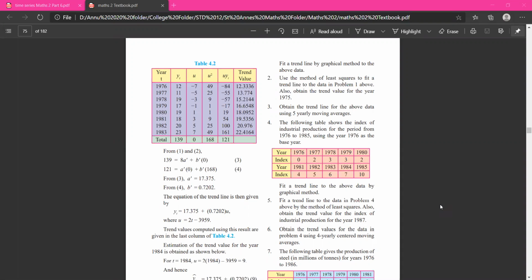I hope you have gone through the previous videos wherein I finished with the two different types of methods of estimation of trends in a time series. To give you a quick brush up, we have finished with the graphical method and with moving averages, wherein we solved 3-yearly, 4-yearly, and 5-yearly moving averages. Today class, we'll be starting with the third type of method which is given in your text.